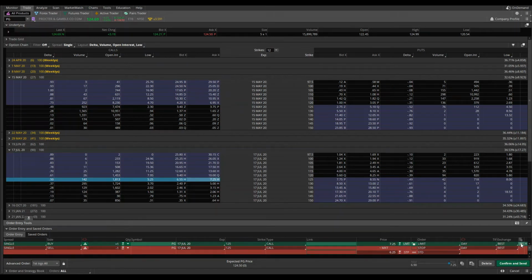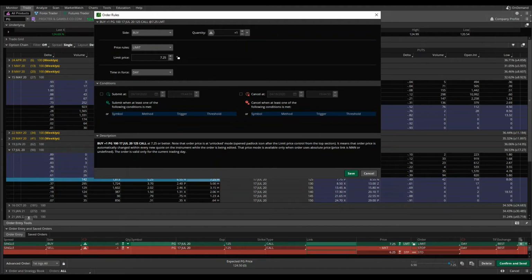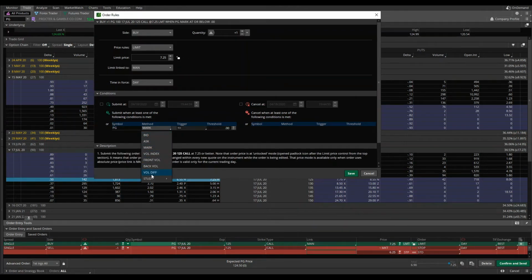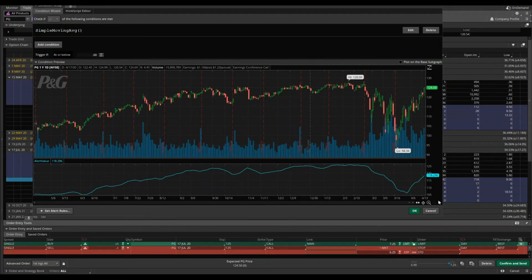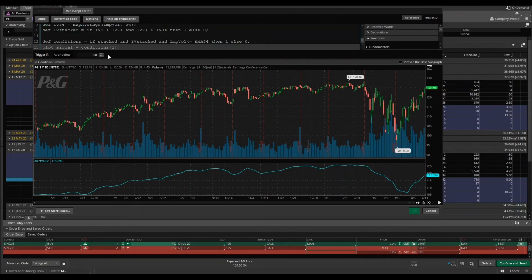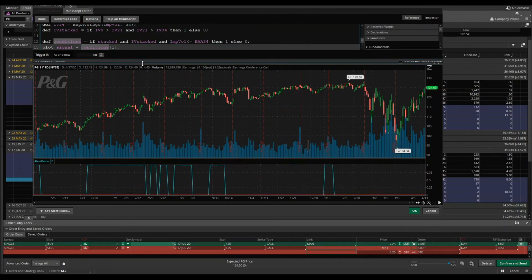So we'll start first with the entry order. The entry order is the buy order for the call. So we'll click that settings icon there, and this then opens up the code where we can now once again come into the symbol, the method, the study, and copy paste in the code that we already have ahead of time. So here we'll come into the ThinkScript editor, paste this code, and we should see that this compiles,